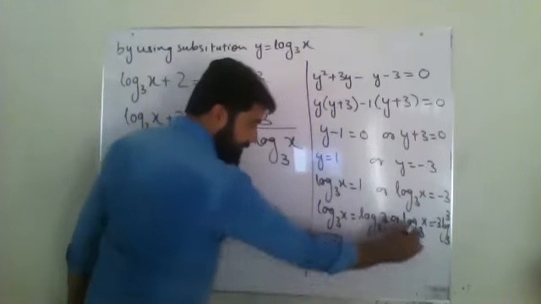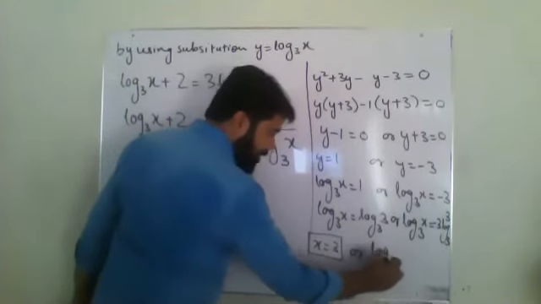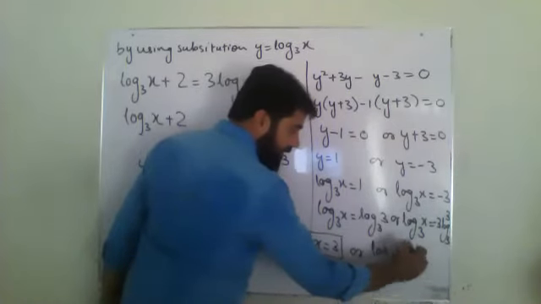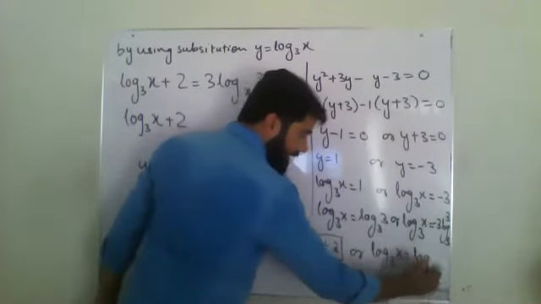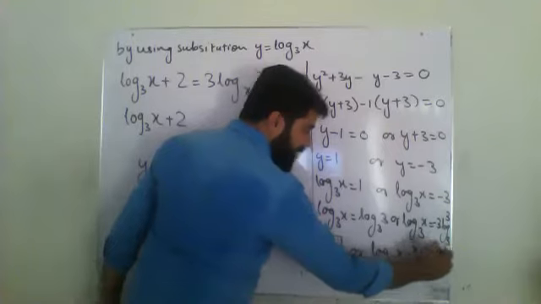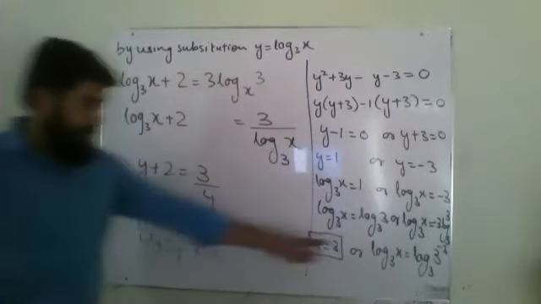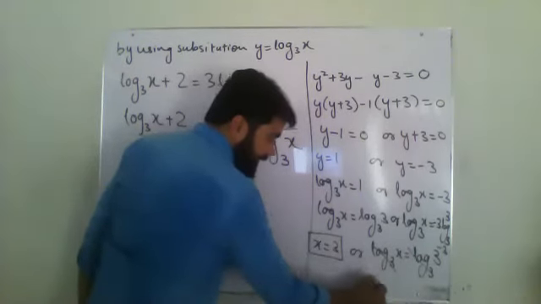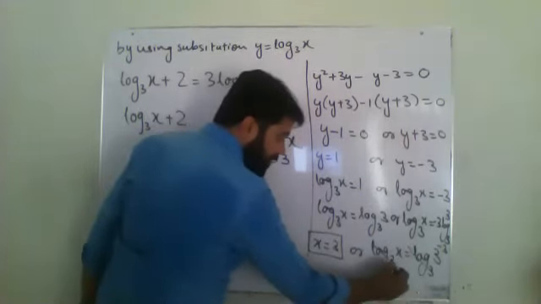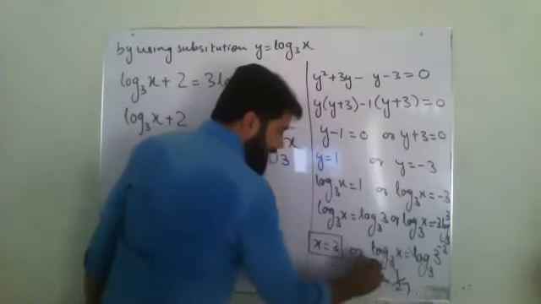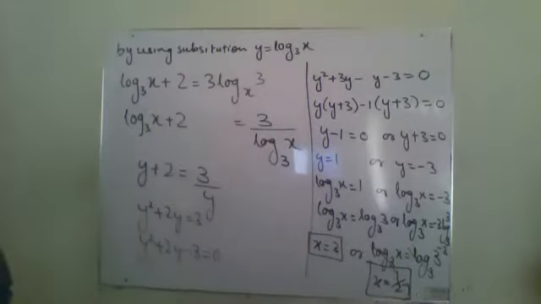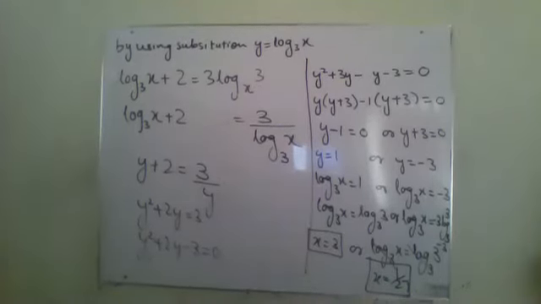And when I simplify this one, log 3x equals to 3 shifted to the power log base 3 multiple 3 with power minus 3. Again, these two will be cancelled and final answer will be x equals to minus 1 over 27. These are the two answers of this question. Right? That's it. Thank you, class.